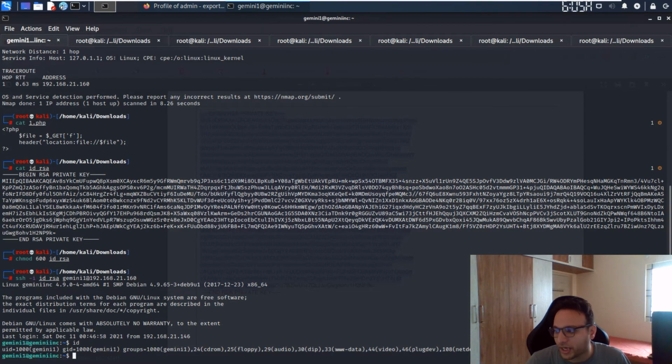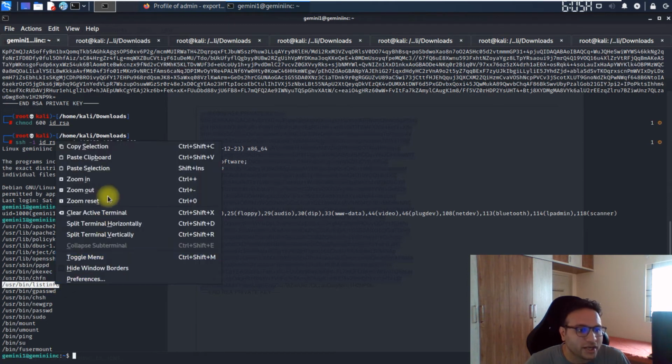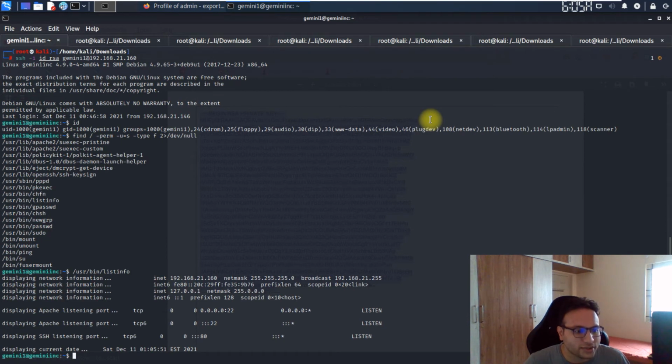So what's the next step for it? I have to look around for what permissions belong to this user. Just to identify those permissions, we simply have to run this command, and we'll wait for it. We can see a couple of things over here itself. One of the things which looks fishy is list info. Let me try to run this directly. I can see a couple of logs related to that itself. It's a type of service just getting started, and we are seeing something in a logs format.